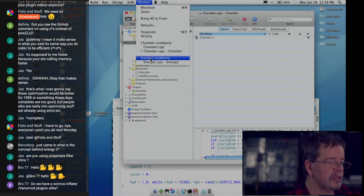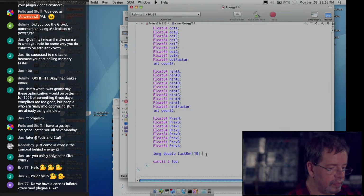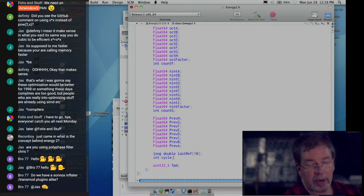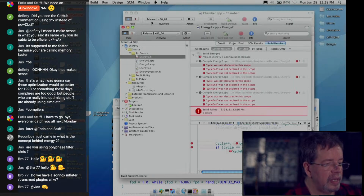Back over to Energy. Back over to the H file. So that is part of the undersampling code. I should have put it right there, but I didn't. But I should have put it right there. And then, again,